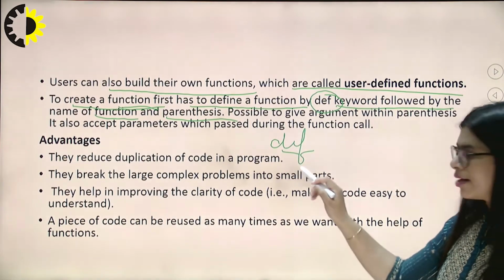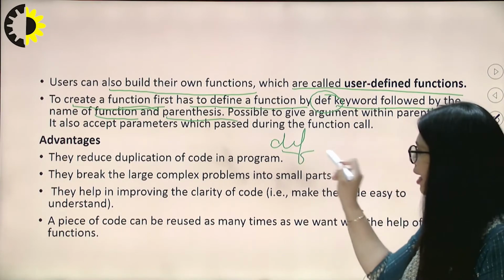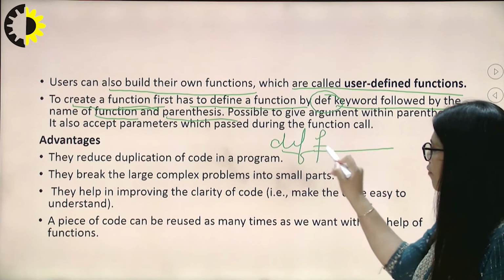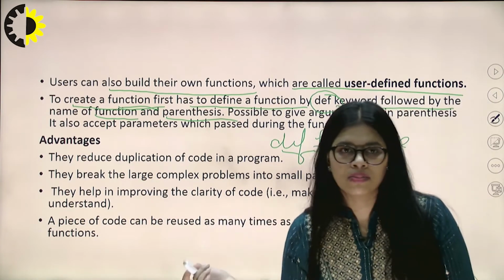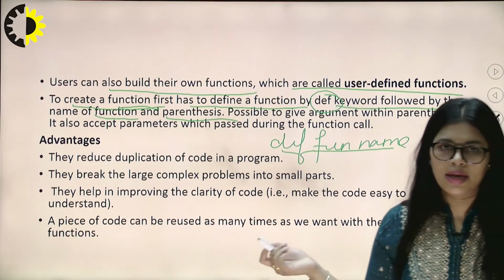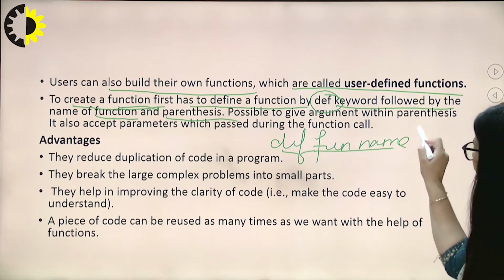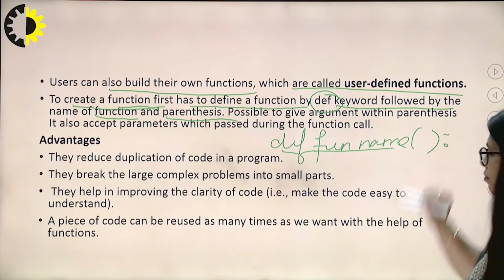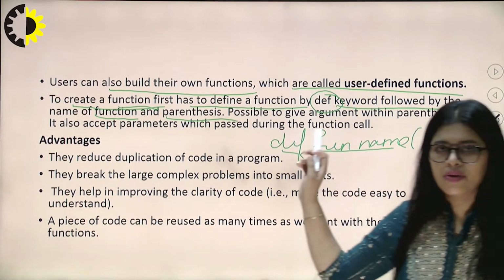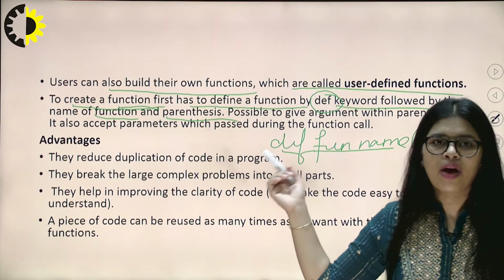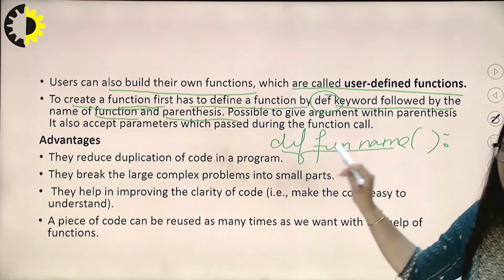and after that, the def keyword is followed by a function name. It means we have to use any kind of function name here. You can use any kind of word here, just like name, hello, anything. Okay, and we have to follow it by parenthesis and colon. Parenthesis is followed by the function name, where we can enter any kind of arguments into the parenthesis. So this is basically the syntax of a function.